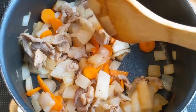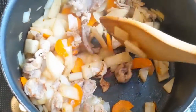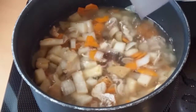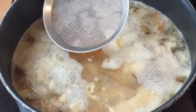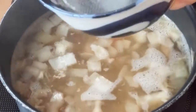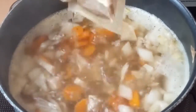Can you see the vegetables sweat? That means the flavor of the vegetables has bloomed. At this point, pour in the water and throw in the dashi packet. Bring it to a boil. You will see foam on the surface, so make sure to remove this. This foam contains pork fat. After 3 to 4 minutes, discard the dashi packet from the soup and cook it away until the vegetables are fully